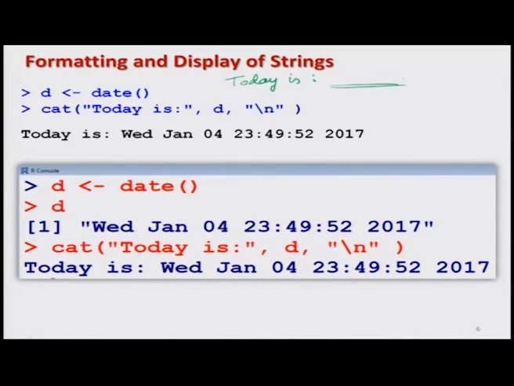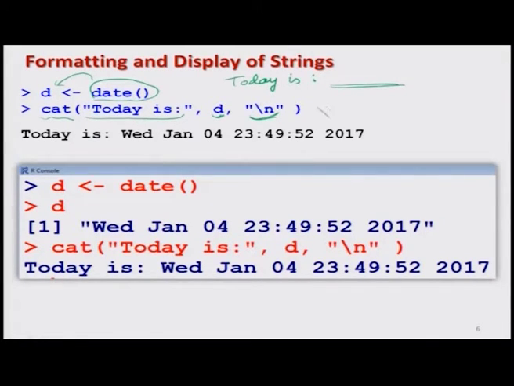So, now how to get it done? For that, if you remember, we had discussed the commands date and time. Out of those two, I can use the function date, and whatever the current date is when the execution is done will be saved in a variable, say d. Then I can write the cat function, and as a character I can write "today is", and after that whatever the value of the variable d is, as determined by the system, can be printed automatically. After that the next command will be executed and the outcome will come on the next line